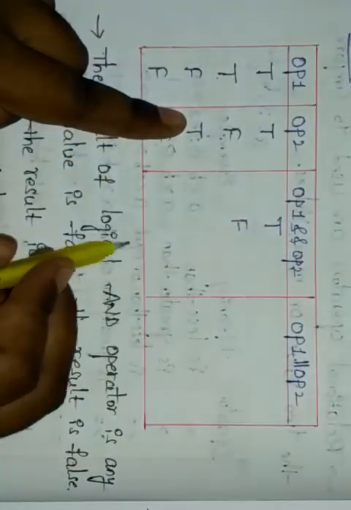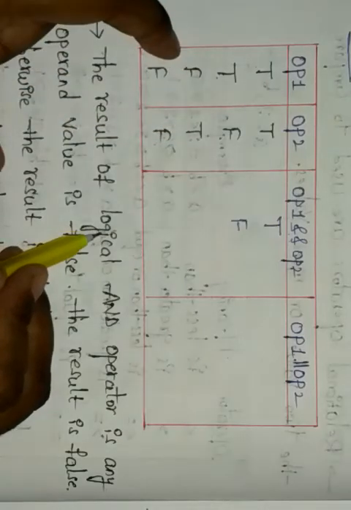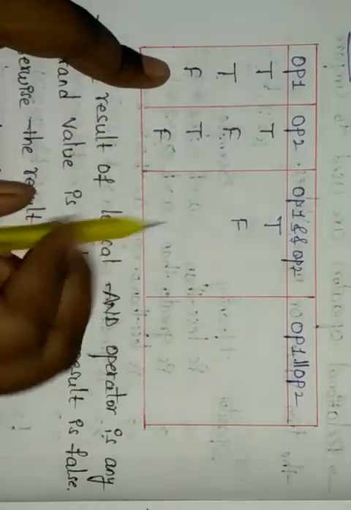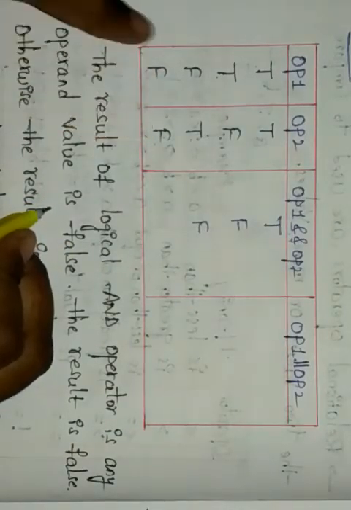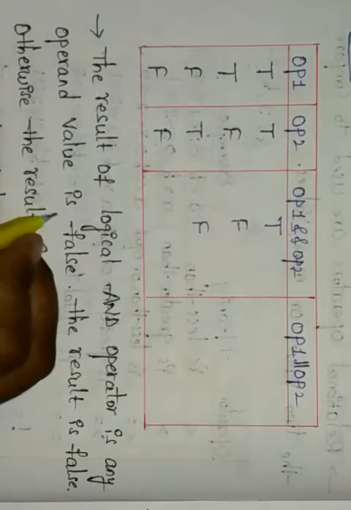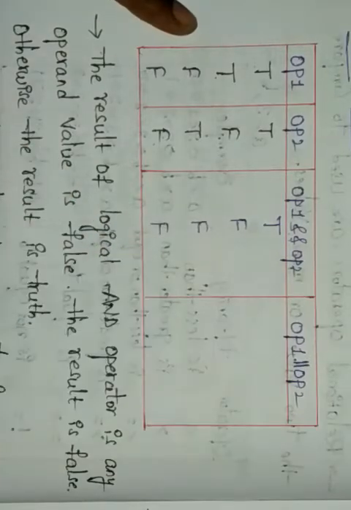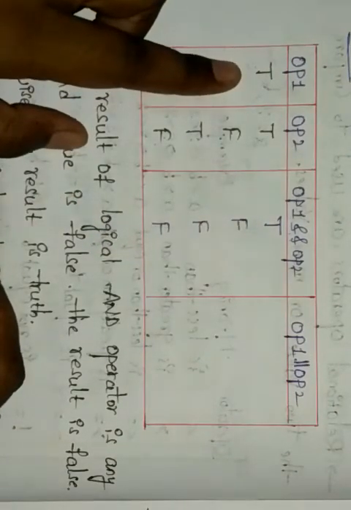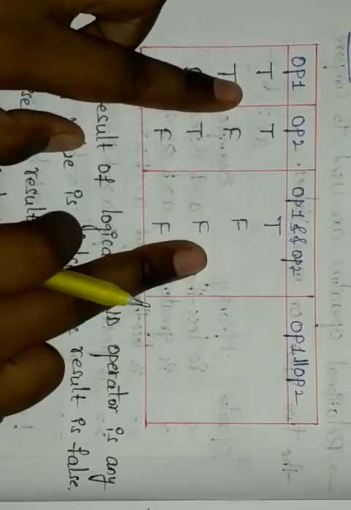Here this is the AND operator. AND means both values must be true. Otherwise it makes the result false. Here also you can see we have false and true, so this is also false now. And next, false and false. Already both are false, right? Then it makes false only. So definitely it will be true only in the first case, where these two are true.